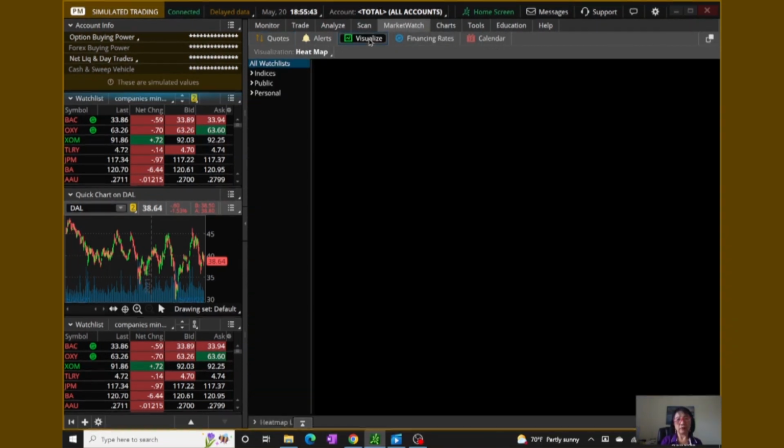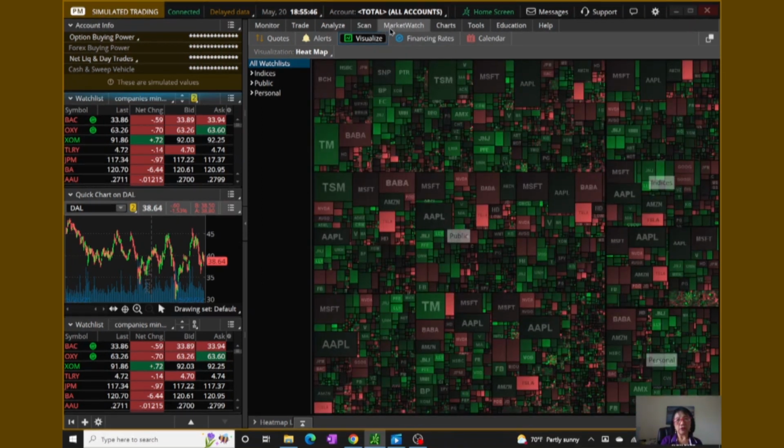Now, you could either use market watch or visual. Both of these pull up this market here. Okay, you could see some people say this may be a bearish market because there's more red. Some people say no, it's 50-50. It all depends. But even if this is all red, meaning bearish market, you also have to check the individual companies as well, because just because this says all red, showing that it's bearish,